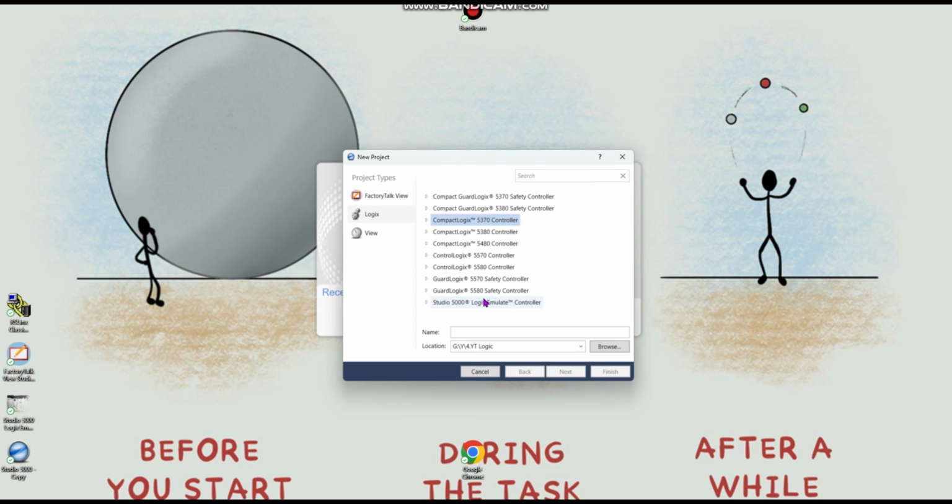And then Studio 5000 Logic Simulate, you can select directly Studio 5000 Logic Simulate. So click on it, because I also don't have any other hardware. Studio 5000 Logic Simulate is 5570, 5868. When you open Studio 5000 Logic Simulate, you can see 5868. So here you can write